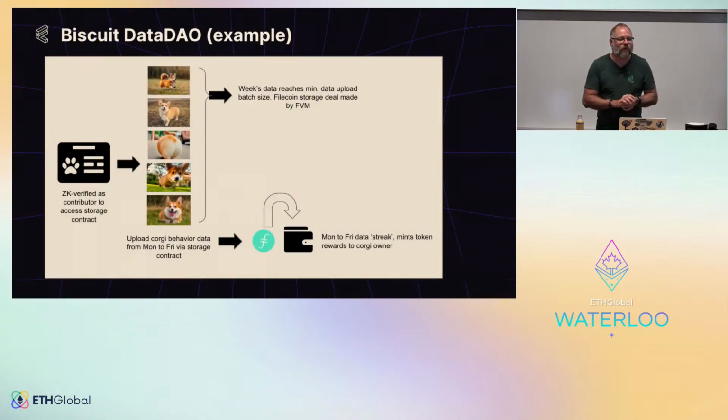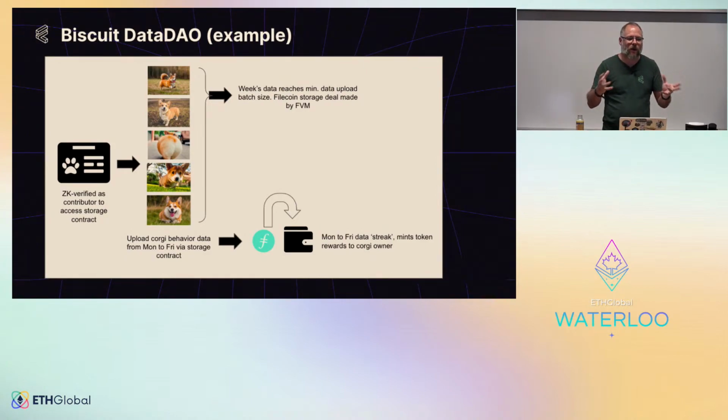So as an example, you might have a bunch of corgi owners that submit data to a data DAO about their dogs. It might be behavioral data, it might be video data, I don't know, biometrics of corgis maybe, corgi Fitbits. That's not as crazy an idea as it sounds. I actually worked for a startup that was going to pivot into dog Fitbit type tracking. It was a crazy idea. But anyway, the idea is that you could take this data from these individual